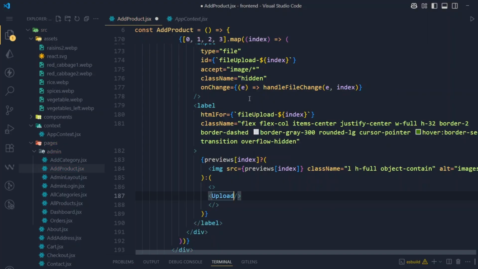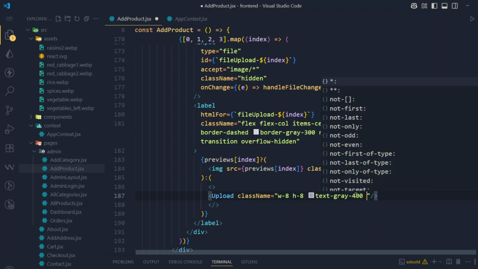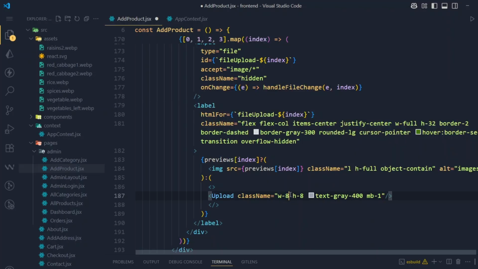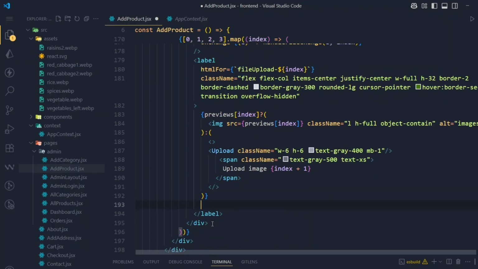like this, and here we will use className, width will be 6, height will be 6, text gray 400, like this, margin bottom of 1. Okay, this is done, and we will use a span tag below this. You can see here text gray 500, text extra small, upload image, then index + 1. Okay, this is done, and below this curly bracket we are closing this label, and below this label we just need